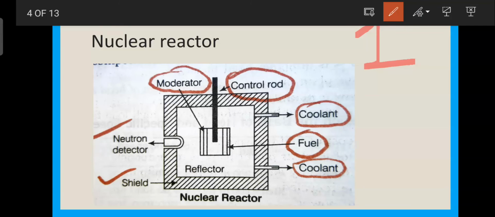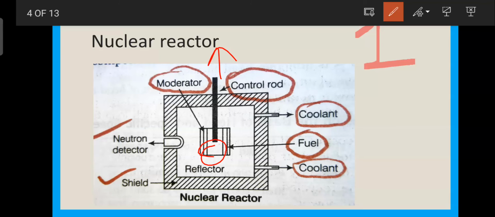The control rods are inside the fusion chamber. The cadmium control rod can be pushed down in and pulled off as per our requirement. If the control rod is pushed in, then our fusion reaction will slow down. If it is pulled off, that means upward, then our chain reaction will go up. Most of the fusion neutrons are absorbed by the rod, hence the chain reaction is stopped.